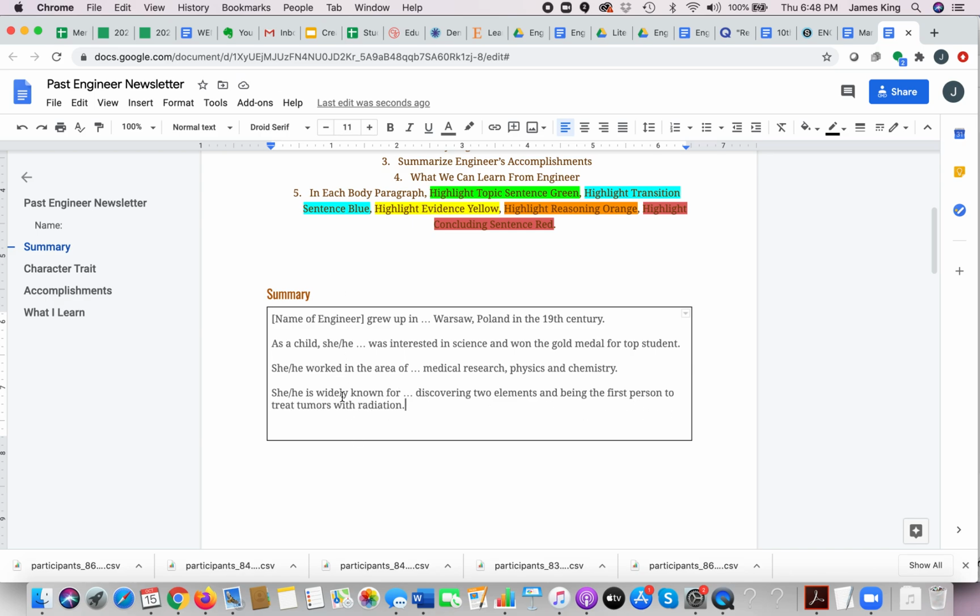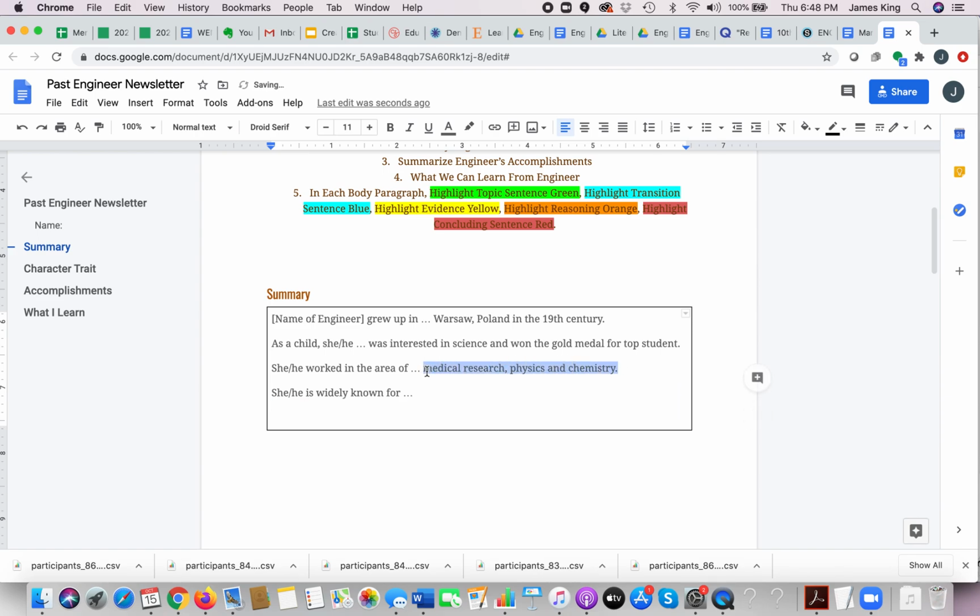In your summary paragraph, no need to highlight anything. Your summary paragraph is different, because in a summary, you do not have direct quotes. You only have what the text says in your own words. So you don't need to do this highlighting for the summary paragraph. All right, so this is what I would put. You don't need to have what I have word for word, but I'm going to delete what I have now so that your document is blank when you start.